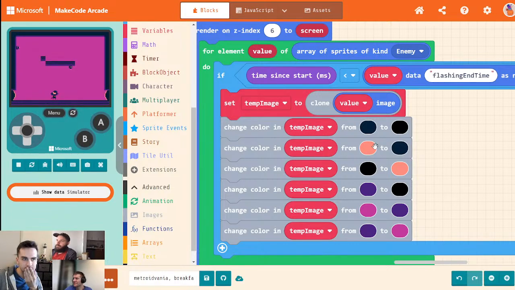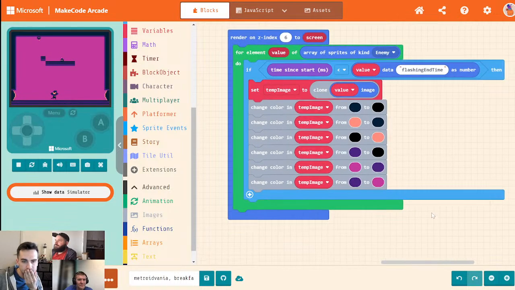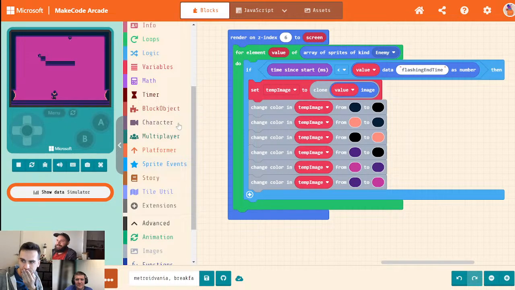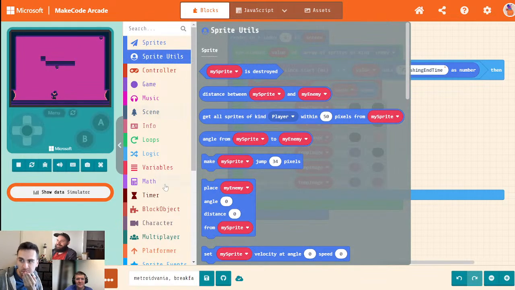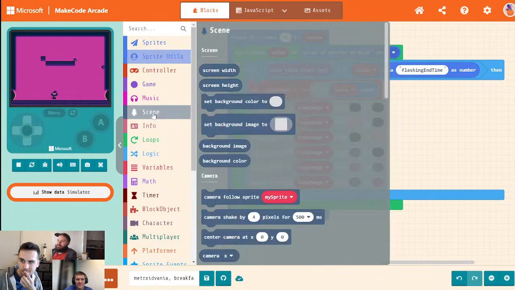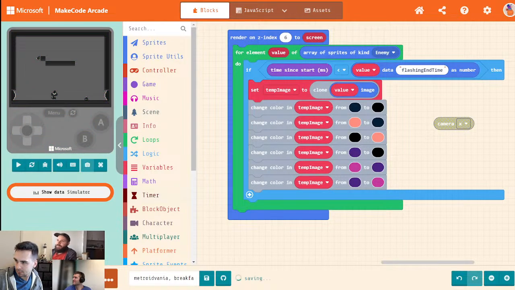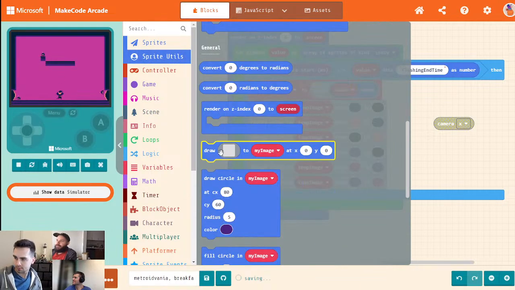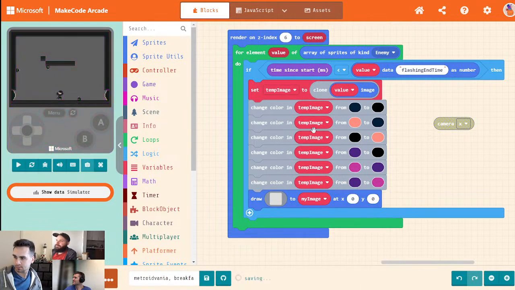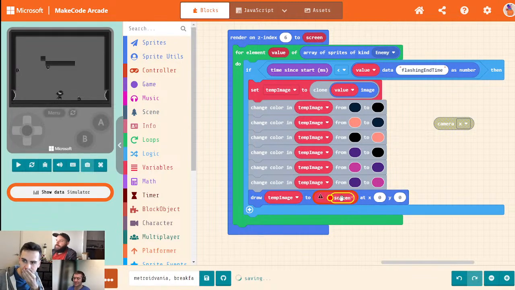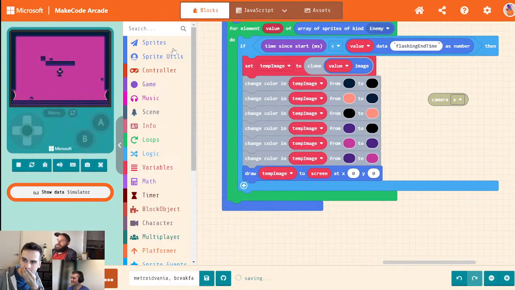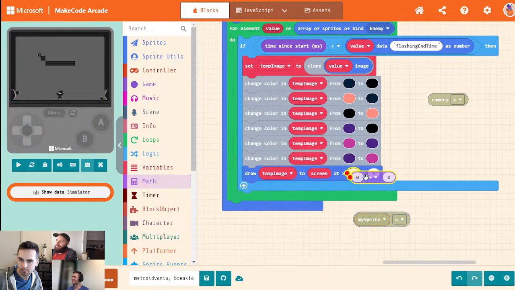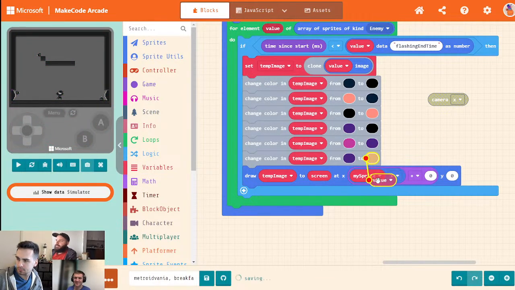Fire. Oh, no, that didn't work. Oh, I didn't actually draw to the screen. That makes sense. Okay, so we need to grab the camera block because we're going to have to use that in a second. And from sprite utils, we're going to grab the draw image to image block, this one right here. And we're going to draw this temp image variable that we have to the screen. And we want to draw it at, we're going to use math, the sprite's left